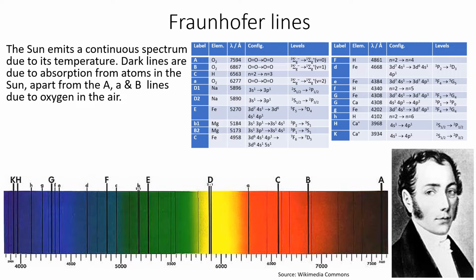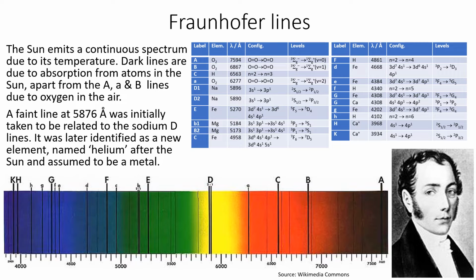In these tables on the screen here, you can see several elements being identified. There are also a few cases where there are lines from oxygen in the atmosphere, but most of them are from elements in the sun. And it's quite an interesting story. Obviously, we were looking at helium in detail last time, and as I mentioned, helium was actually discovered in the sun before it was discovered on Earth. They found this faint line at about 5,876 angstroms, and they realised there was nothing they knew about on Earth that gave that same wavelength. And so they boldly postulated that there must be an element in the sun,